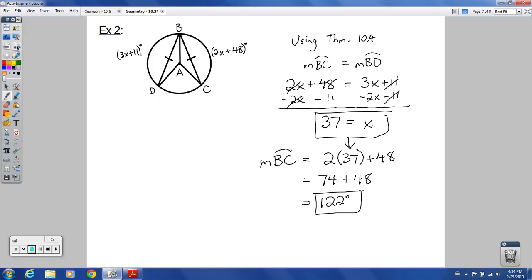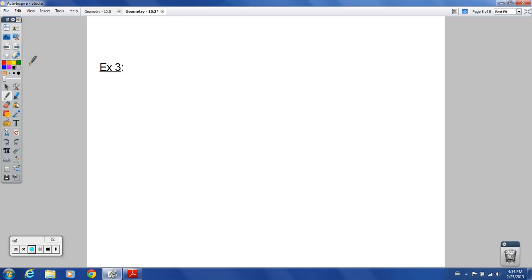Okay, let's move on to looking at Theorem 10.7, and then we'll look at our final example, example 3. So Theorem 10.7, to save ourselves a little bit of time in the notes here, I'm going to make this as concise as I can. It says that if two chords